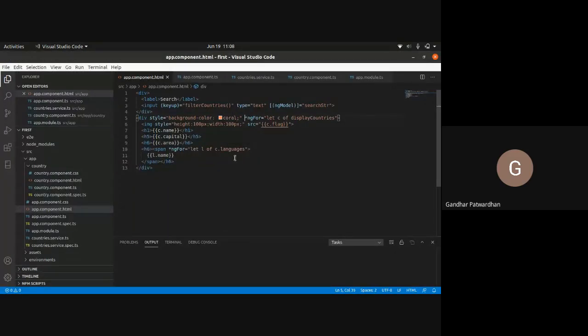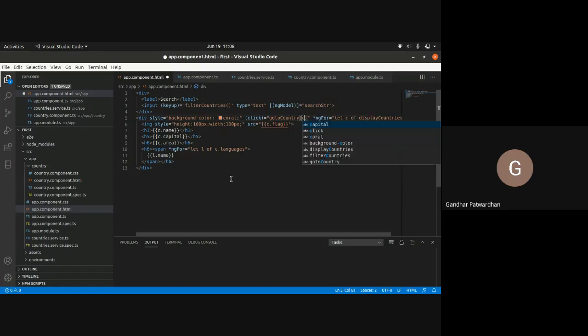So I'll write a click function here. I would say click equals goToCountry, and I'll write this function. And in this, I will also pass the code. So I'll say C.alpha2Code.